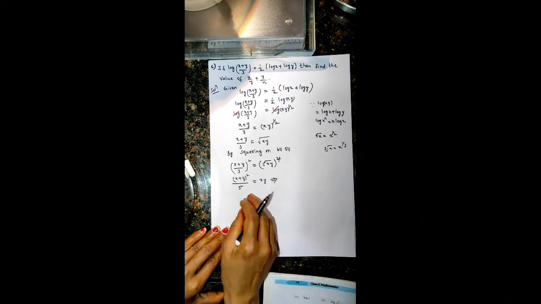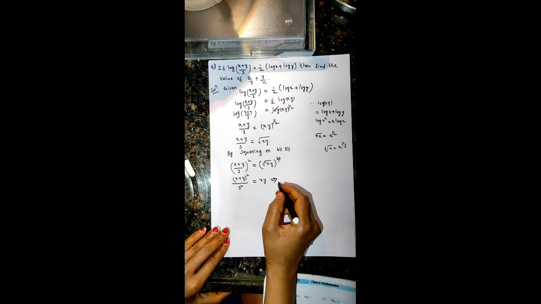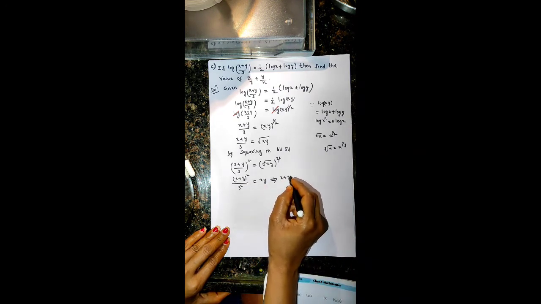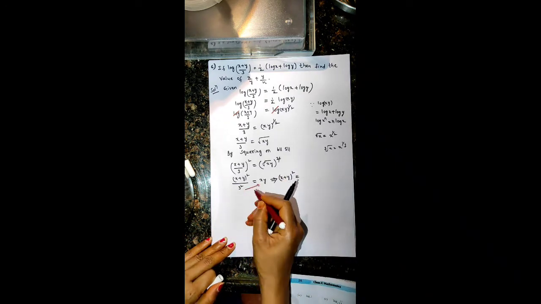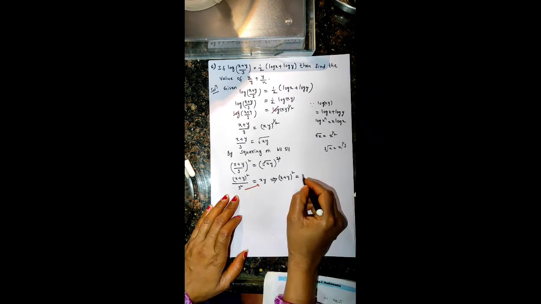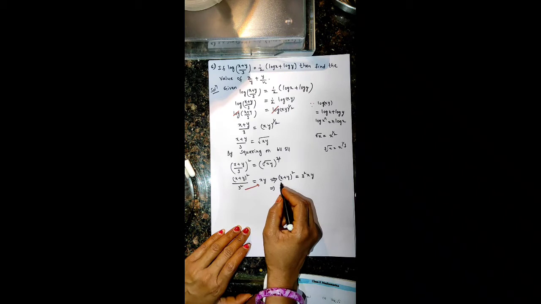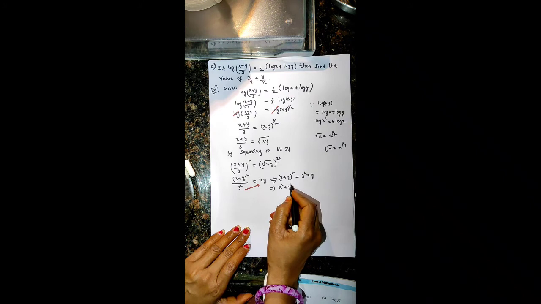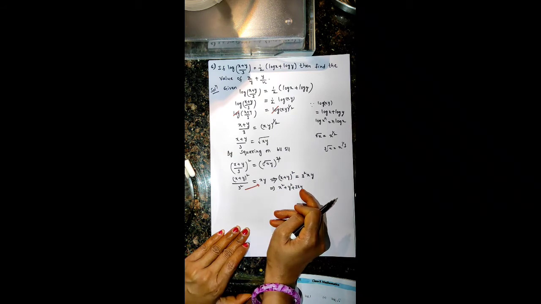So that implies, next step, instead of writing here, I am writing here only because space is not there. So (x plus y) whole square equals, this 3 square coming this side means 3 square into xy. Now (x plus y) whole square means what? x square plus y square plus 2xy. What is the formula for (x plus y) whole square? x square plus y square plus 2xy.